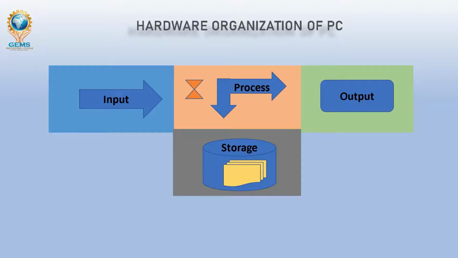Components or devices of a computer, based on the function in which they are used, can be classified into four major types: input devices, output devices, storage devices, and processing devices. For example, if a component processes the given instructions, the component is known as a processing device. Or if a device displays the processed data, the device is known as an output device.